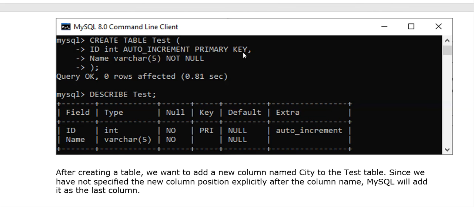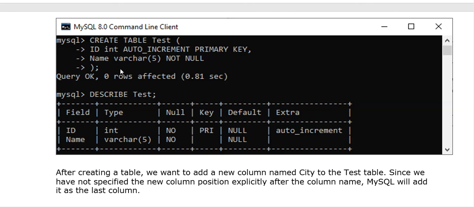Then the next column, separated by a comma on the next line, is name. Again, we use a different data type for the name, because characters should be there. So we use varchar, and we define the size as 5, so 5 characters can be input for the name. And not null simply says you cannot leave it empty. This is another type of constraint that we apply on this column. Then the bracket is closed and we end with a semicolon.